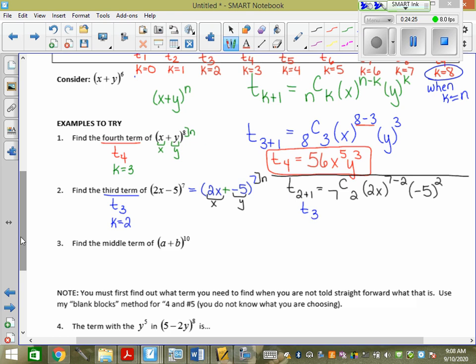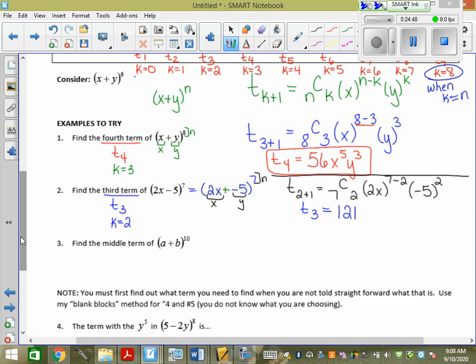Term 3, that's good. We wanted term 3. That makes us happy. We actually have the right thing going on. If we're looking for term 3 and here we get like term 5, we're like, nope, K's wrong. Okay? So term 3 equals, what's 7C2? Anyone? 7C2. 100 and what?